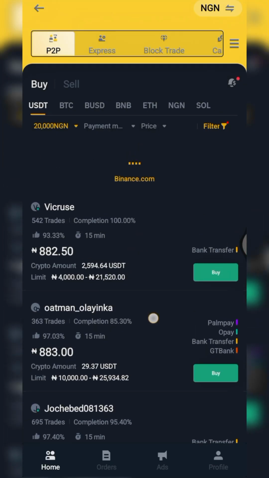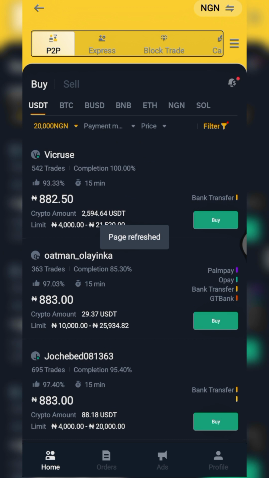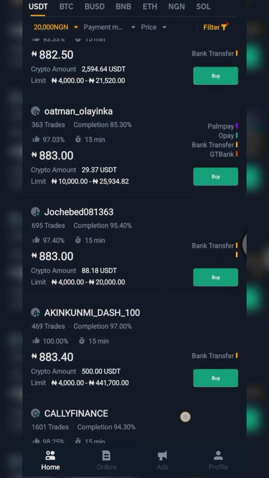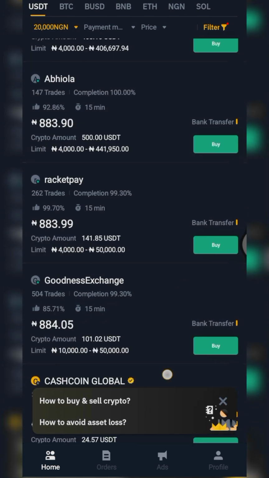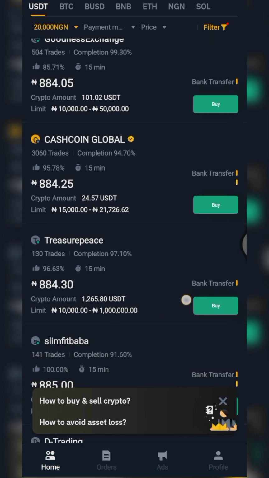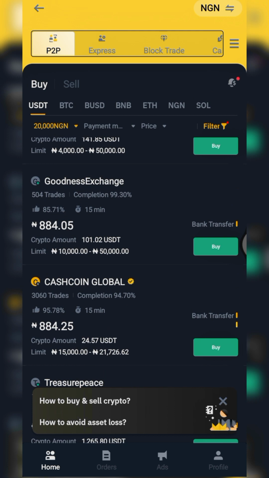You can see the price has now been updated. The lowest we saw then was 884. Now we have 882. So what it actually means is the rates of merchants on Binance are actually much higher than the rates of ordinary sellers, because there are two types of people on Binance P2P. We have the buyer, we have the seller, and also under the buyer